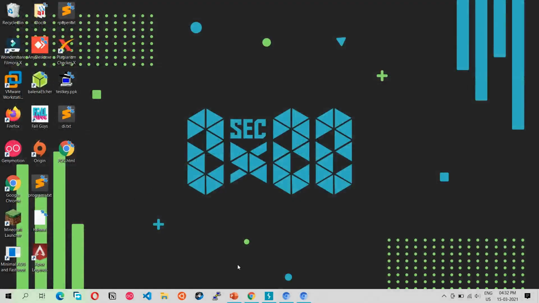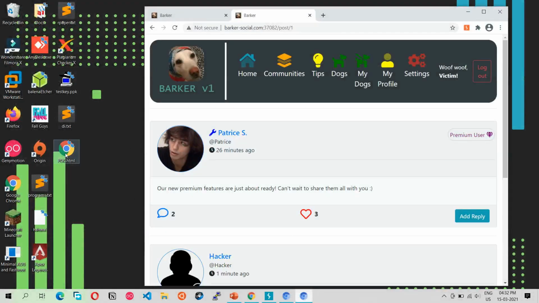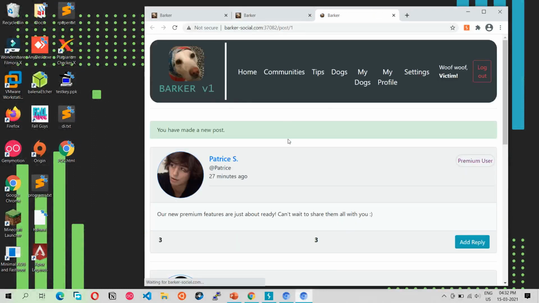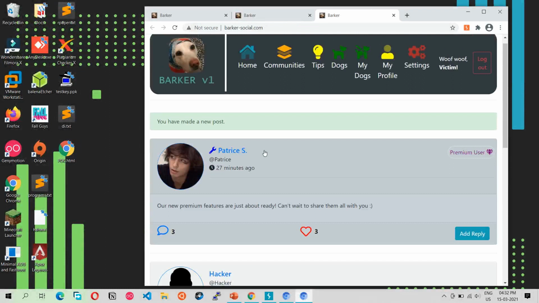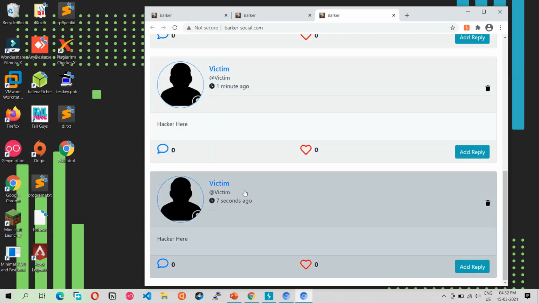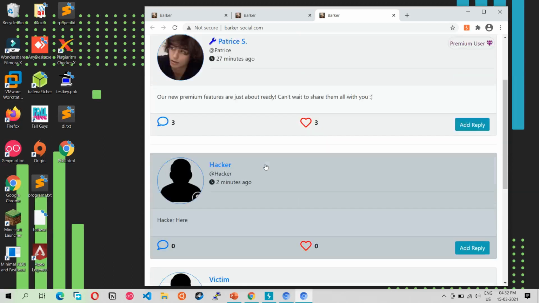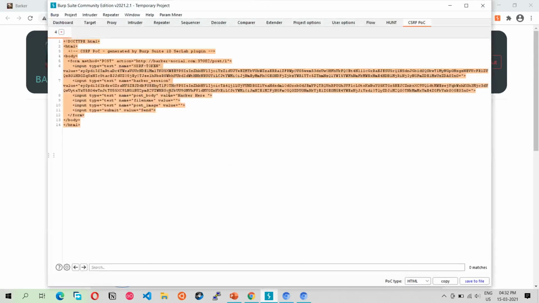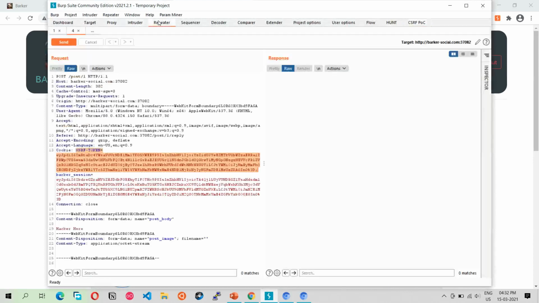Save this, and if I open this again in the victim's browser, now I don't have to click the send button. The request will be directly sent. Now if I go to the post here, you can see there are two posts. This one is the recent one which we have made, right? So this is how you can do a CSRF attack, and how you can test for CSRF vulnerability.